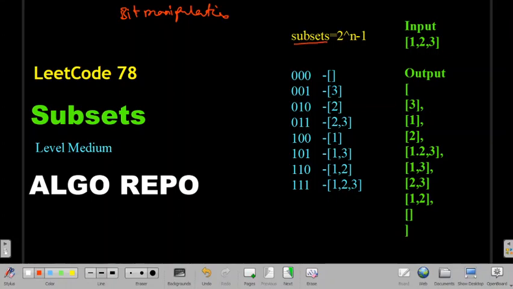The number of subsets will be 2 power n minus 1. Here the size is 3, so 2 power 3 minus 1, that is 8 minus 1, 7. So I will write from 0 to 7.